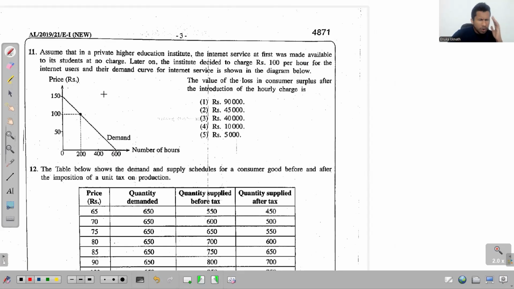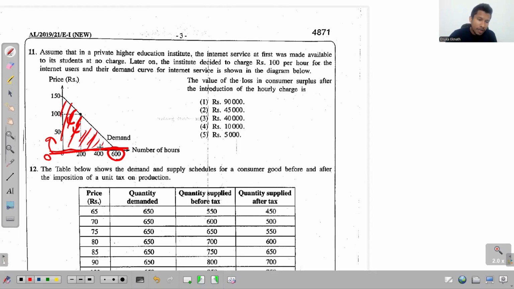So as I always tell you, what is the consumer surplus? I mean, which region is that? How do we define that region? How do we recognize that region? That is the region below the demand curve, above the price paid by the consumer, up to the quantity that is traded in the market. So if the price is zero, this is the price paid by the consumer, and this is the quantity traded in the market. So the region below the demand curve and above this, up to the quantity traded in the market.